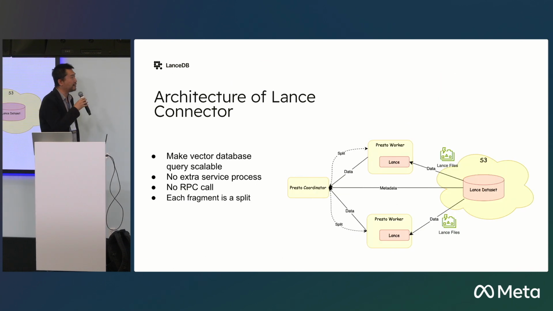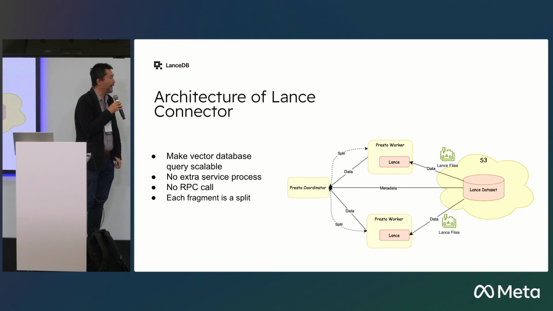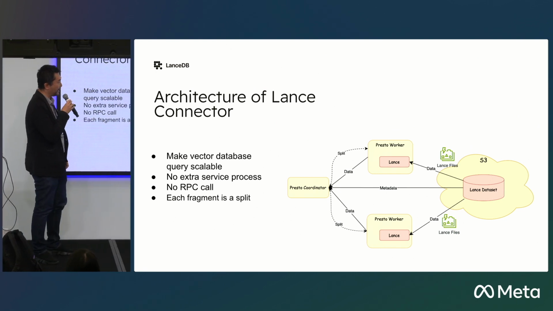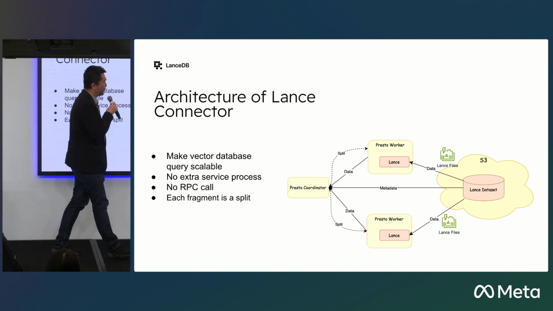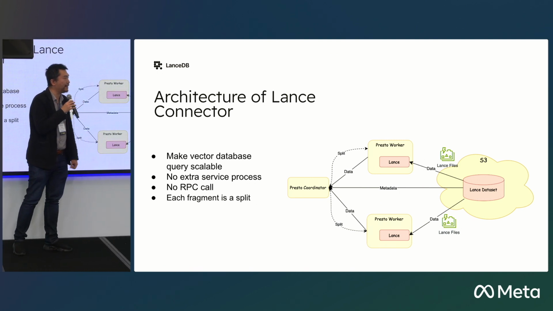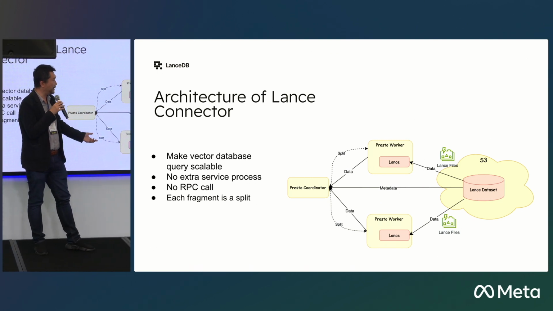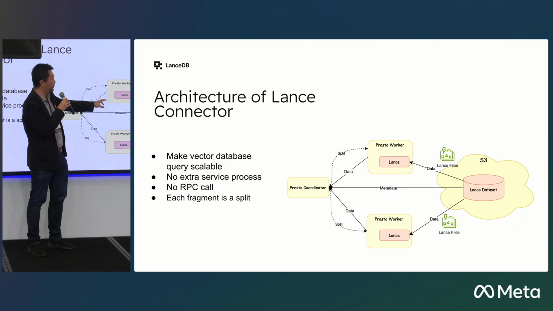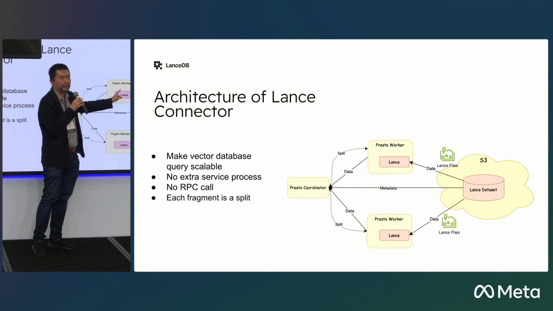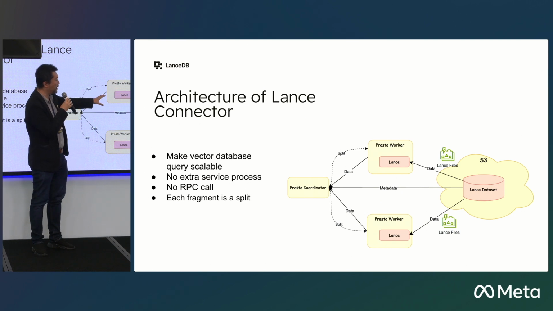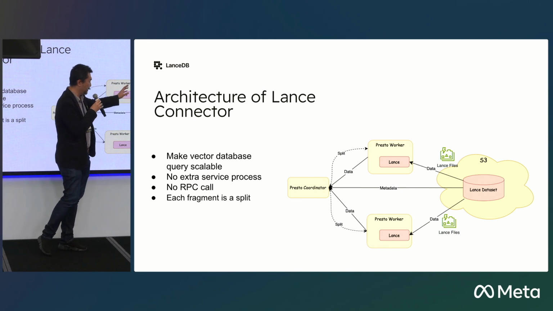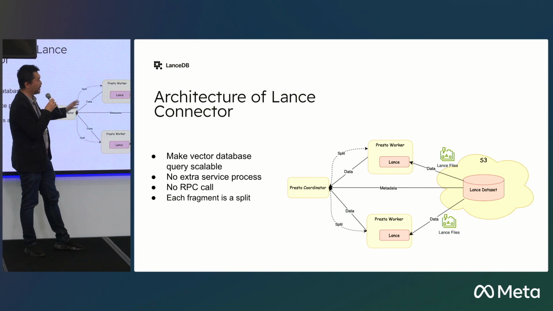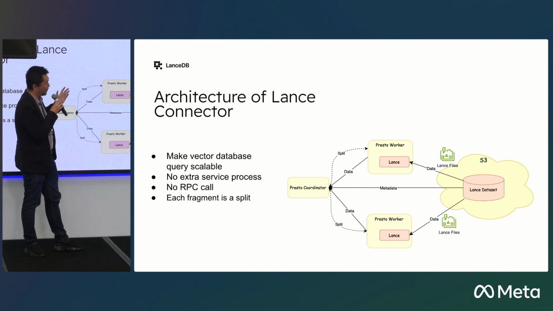And just like other Presto connectors, we have a very similar architecture for the Lance connector. For each Presto worker, we have an embedded LanceDB. But this is not a separate service. It's just a library, because we already know Lance is implemented in Rust. Here, we are using the Java binding to connect the Presto worker to Lance. So in this case, we don't have any actual service or process running there.